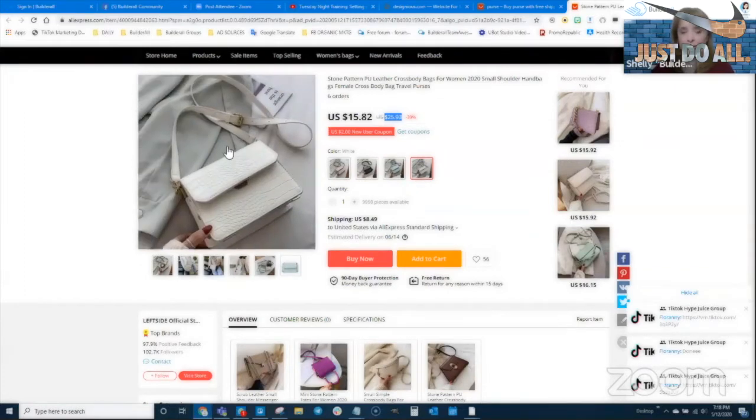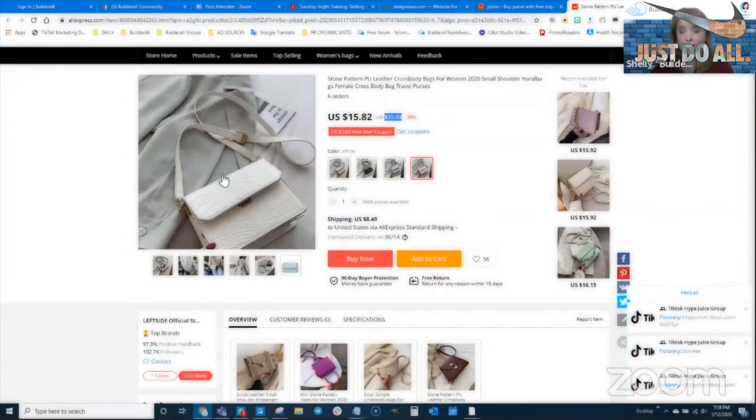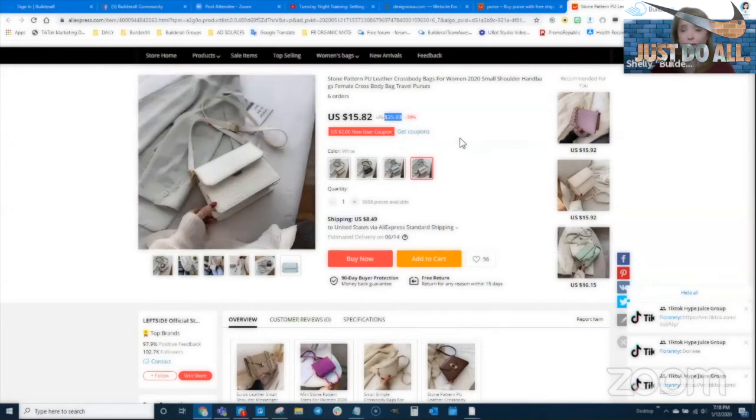You want to look at the images that they have. Just remember that the images can look really great, but when you get it in hand it can be different, so you would want to definitely get a sample for yourself. Also, these vendors love Americans. Let me tell you what, they love Americans. So if you contact them and say, hey, I'm an American